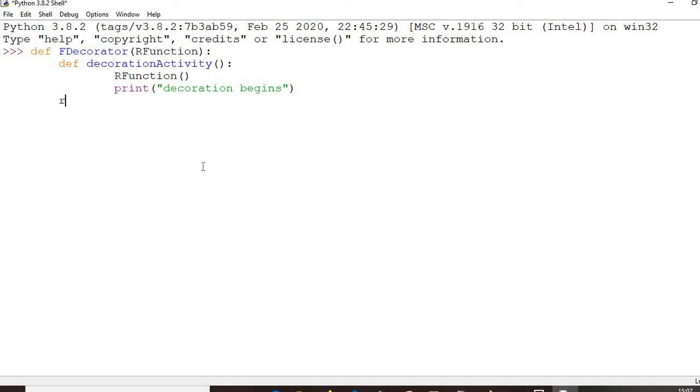Now here you need to return the activity, right? So you are going to call the decorator function. Inside this function some activity will be performed. Now you have to return this activity from the decorator function. So as you can see, this indentation, this return statement is part of f decorator, and it is returning